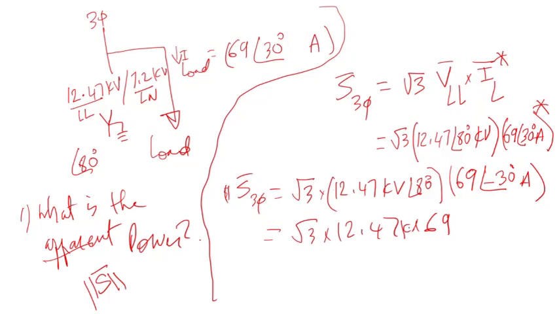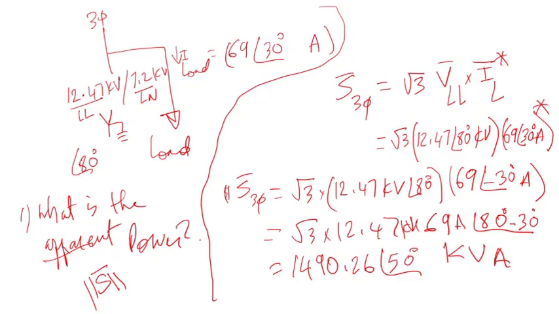Keep in mind, this is kV, this is amps, and I can put the angles here. So I have 80 degrees plus minus 30, which is just 50 degrees. If you carry out the calculation, you get 1490.26 with an angle of 80 minus 30, which is 50,